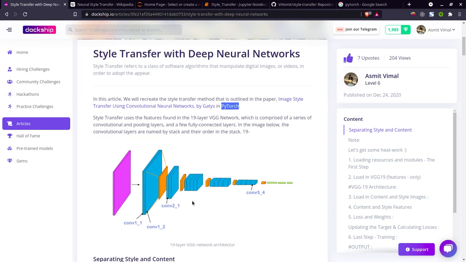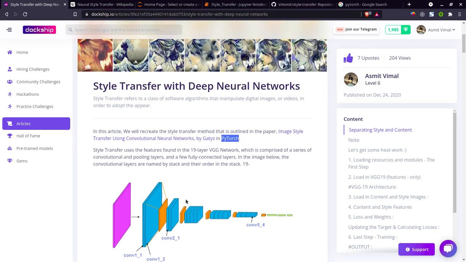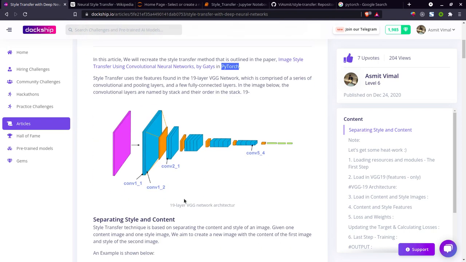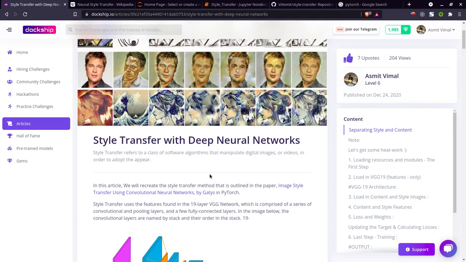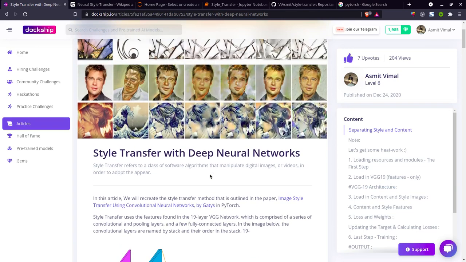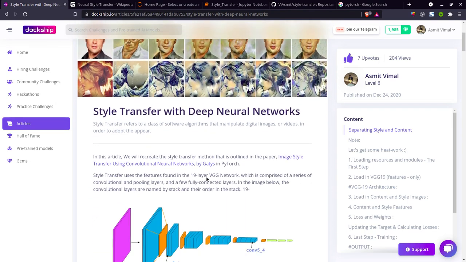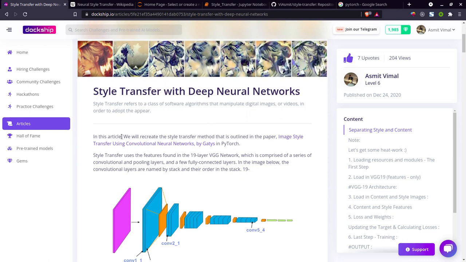So let's talk about how we will be working with style transfer. For those who don't know what a neural network or machine learning is, you can take a brief introduction on the internet if you want, but there will be no need. I will be giving a deep explanation for you. So if you have an assignment, or want to learn new things about deep neural networks and how to use them in different scenarios, this will be the video.